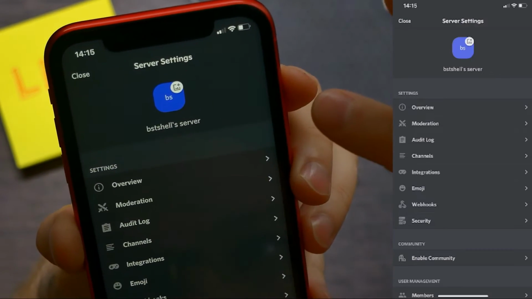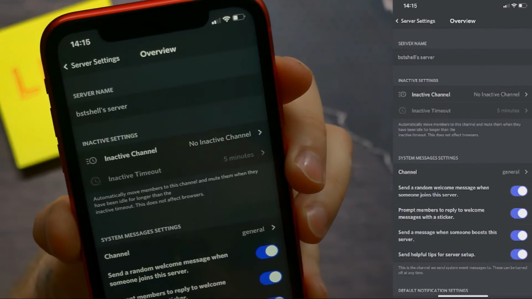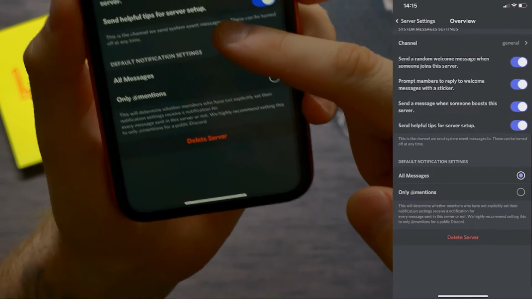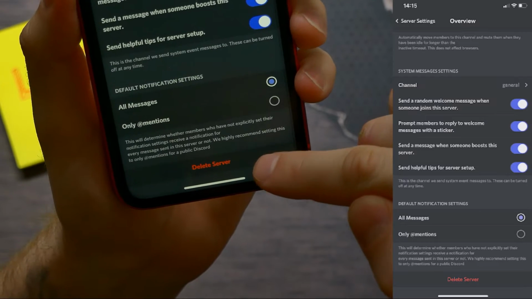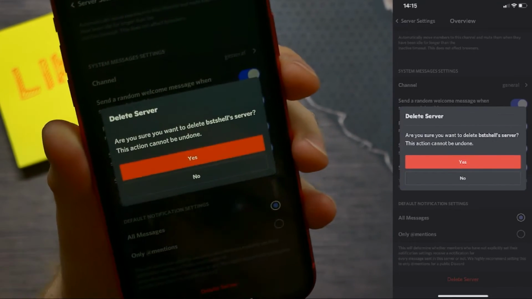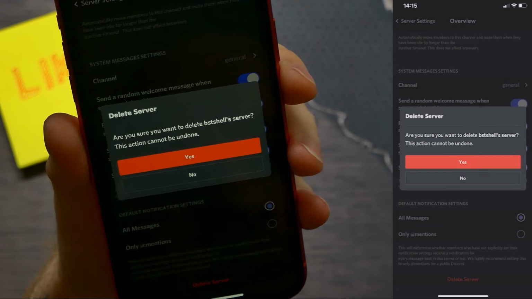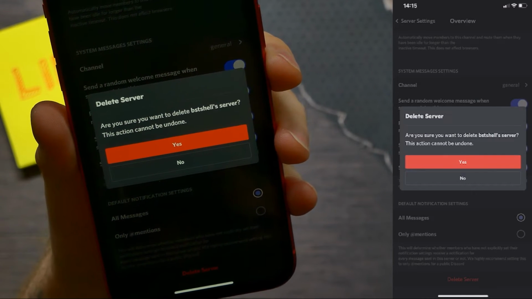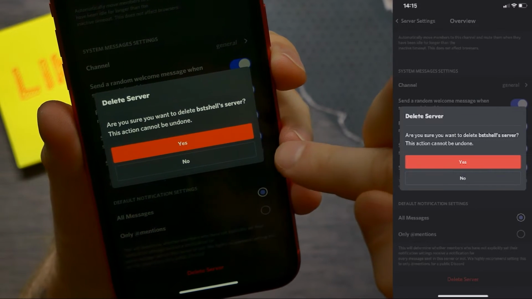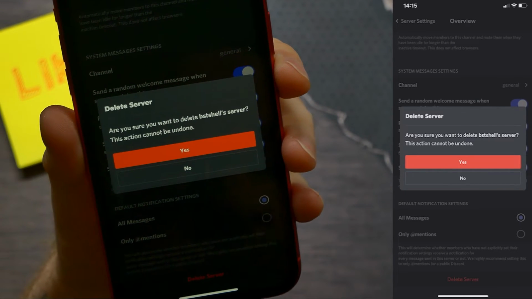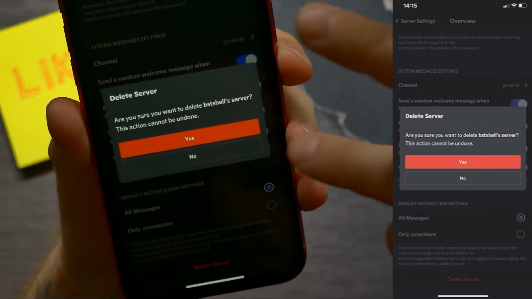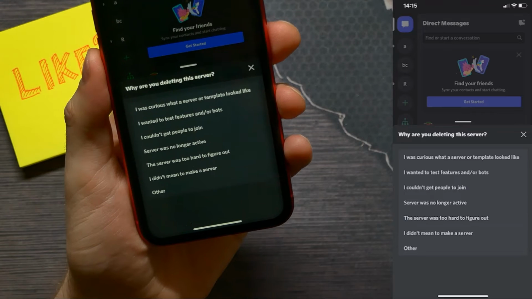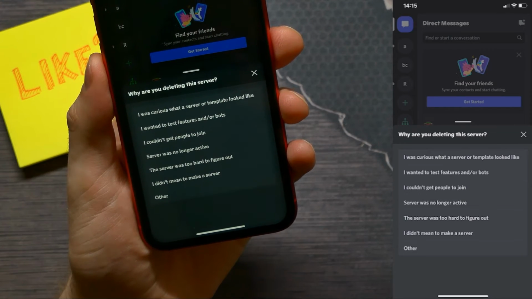Next, on that screen, select Overview, and there scroll down until you find Delete Server option. Tap on that, and there you should confirm your action if you really want to delete your server, because that action cannot be undone. And if you are sure, just tap here on Yes, and now that server was successfully